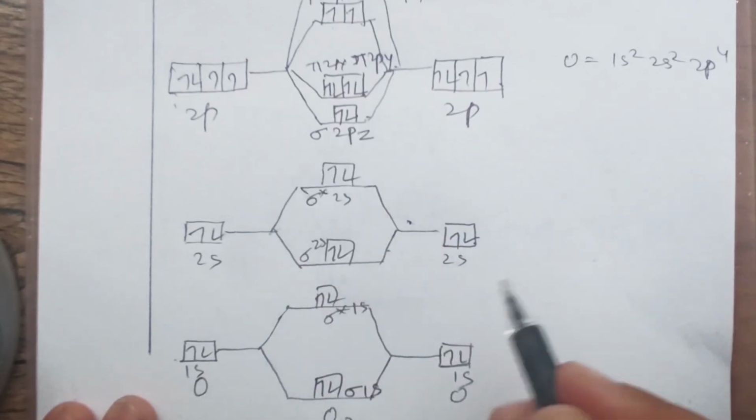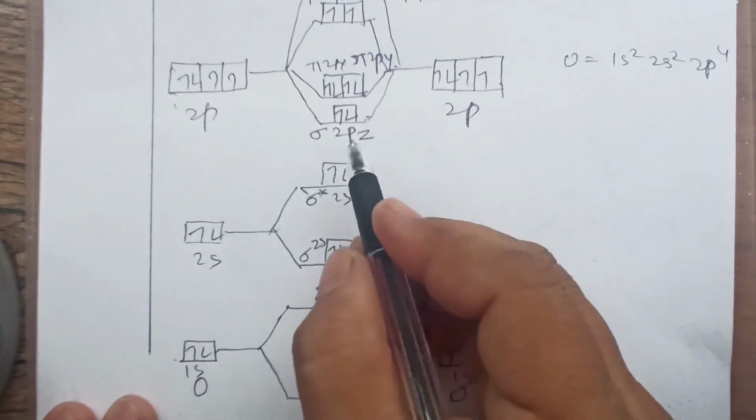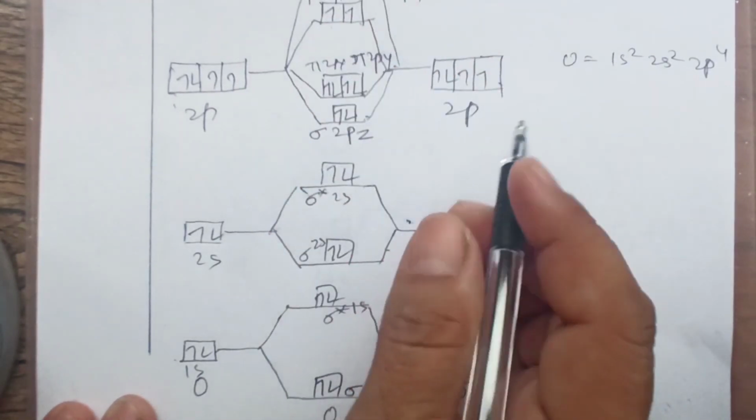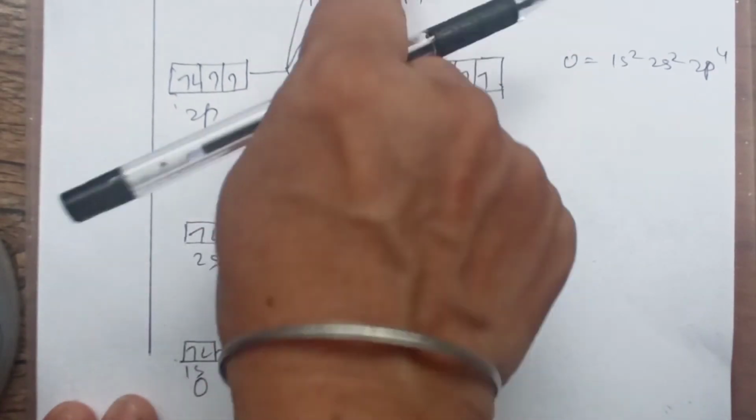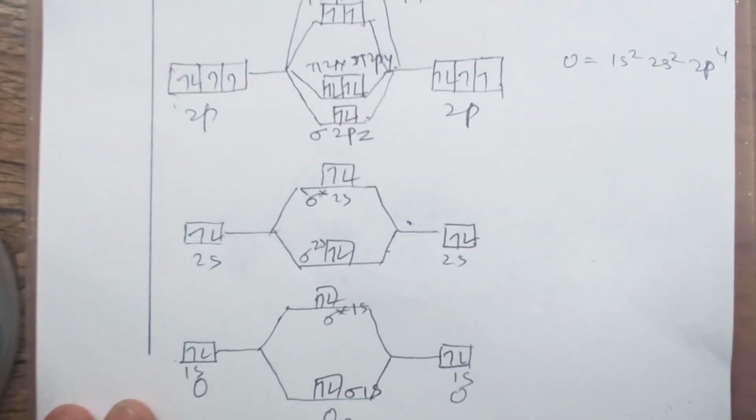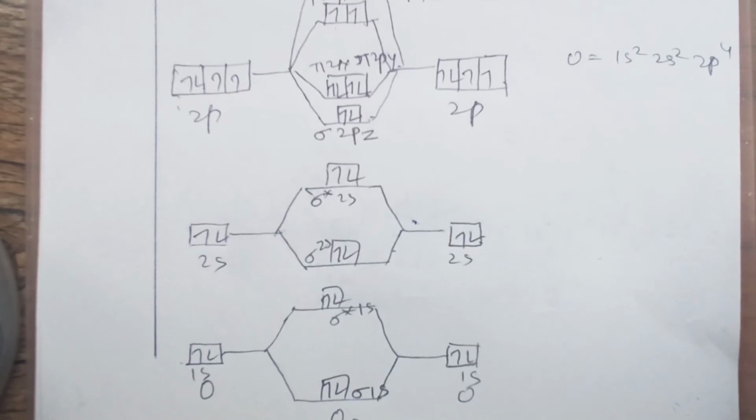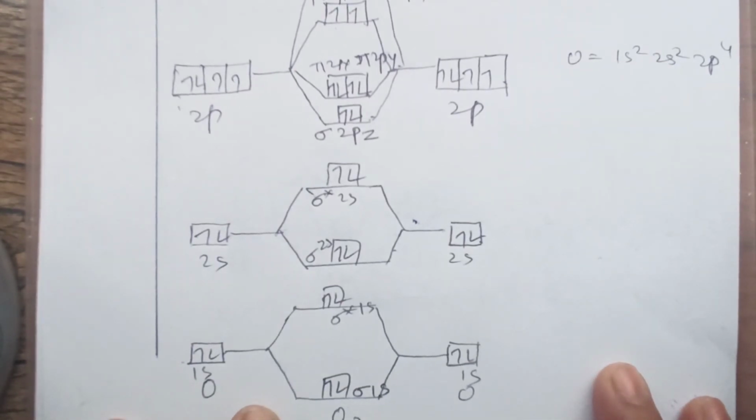So how will you remember for oxygen? These two are same. It is 1, 2, 2, 1. For nitrogen it was 2, 1, 2, 1. Only the lower one is reversed. That's it. Okay. So how are we going to write the configuration now, children?